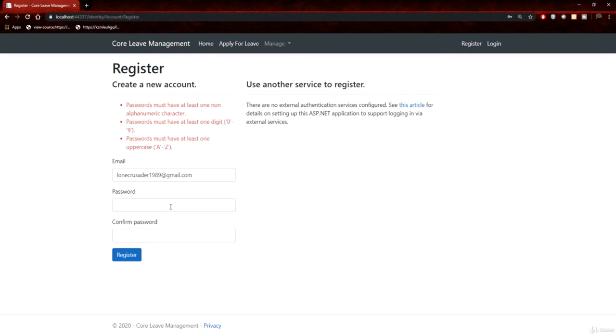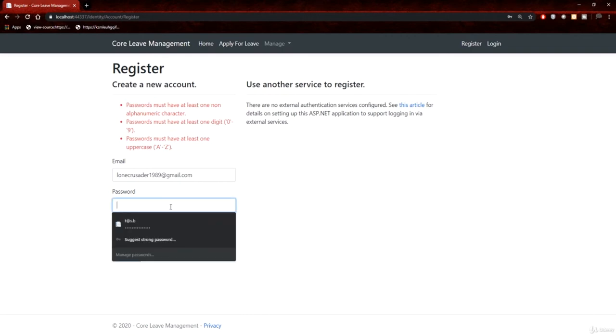So the password strength, they're saying that I must have at least one non-numeric, one non-alphanumeric. So in other words, I must have a capital letter, so capital P. I must have some character that's not a number or a word or a letter. So I'm going to put the @ for A, password,